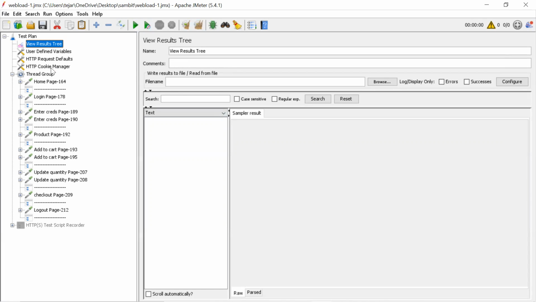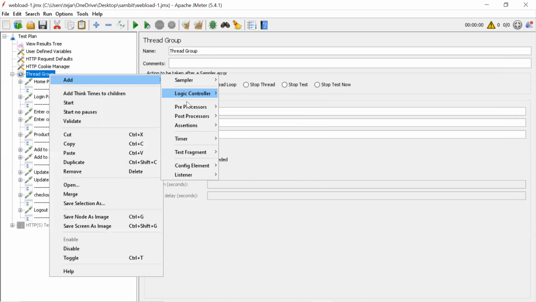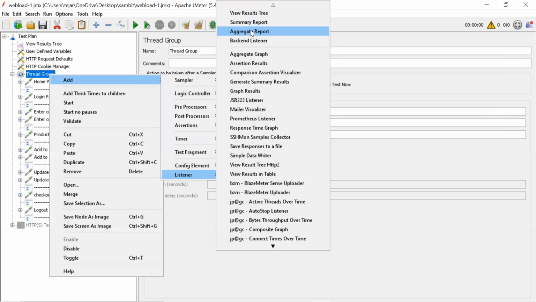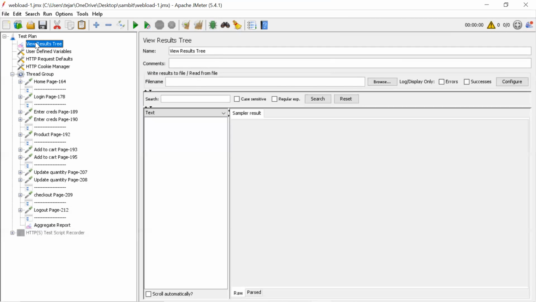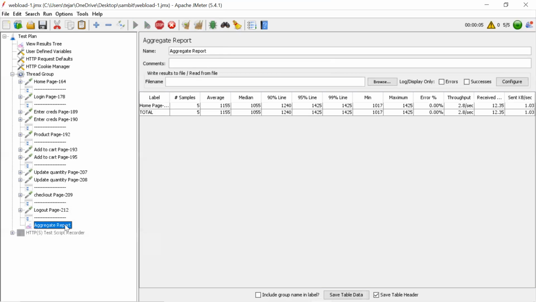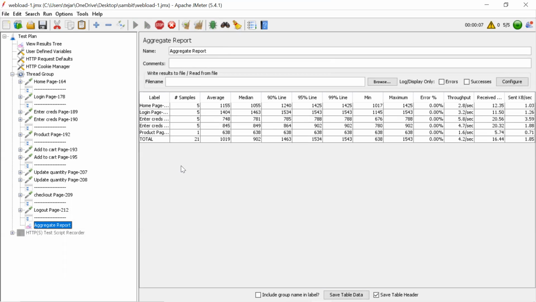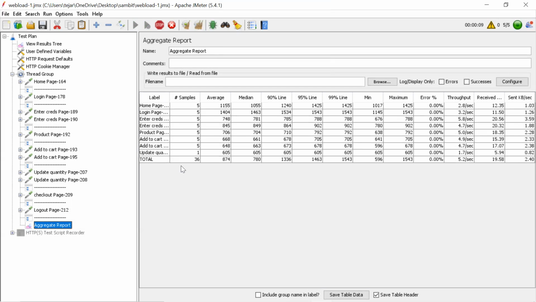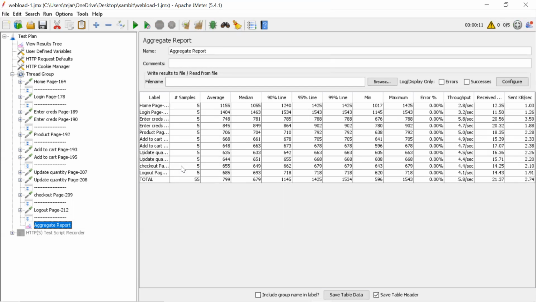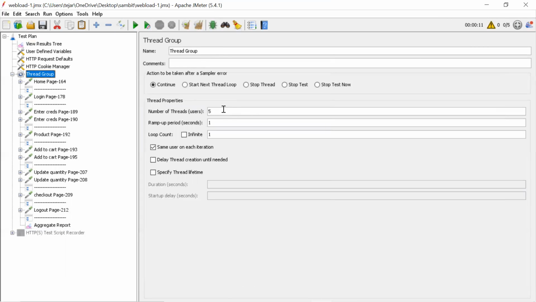To see the count, we will add a listener, the aggregate report, so that we get the count easily. See, the script completed in 11 seconds, and you can see it is 55 APIs. So this number is nothing but the samples under the thread group being simulated.